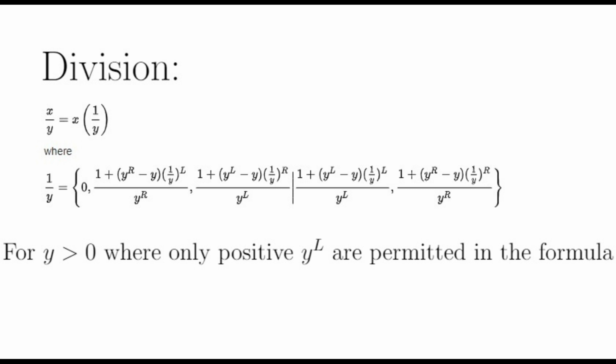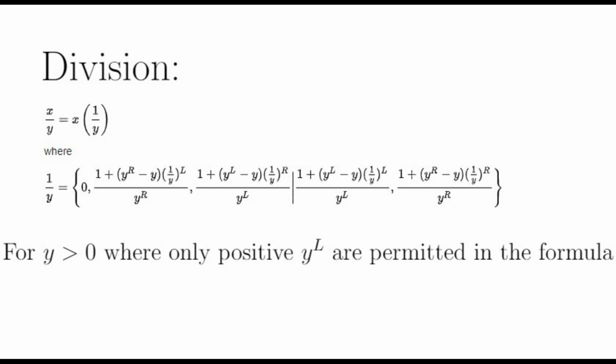This is the formula Conway came up with for computing y inverse for any given positive surreal number y. For negatives, just compute the inverse of the corresponding positive number first, and then apply the negation that we've already learned. Conway himself advised it took him over 2 years to come up with this.